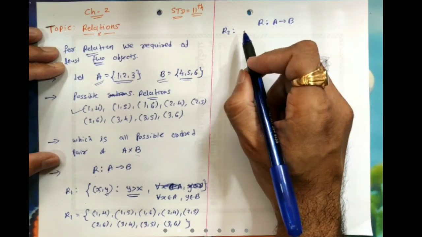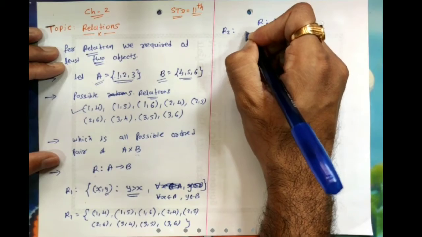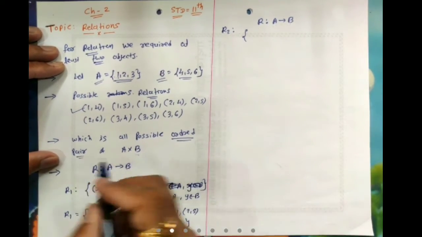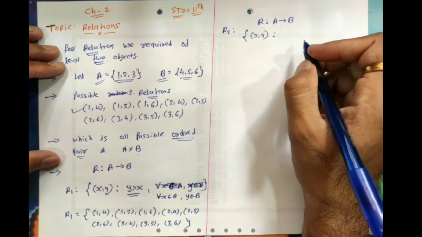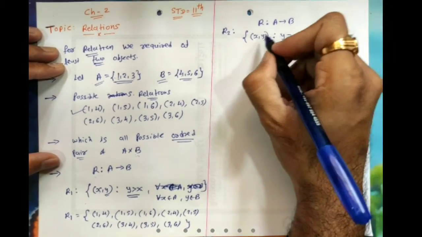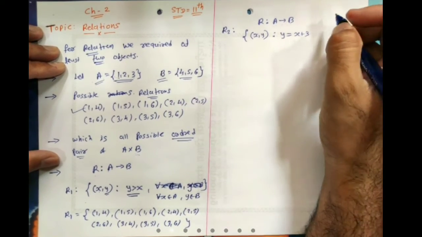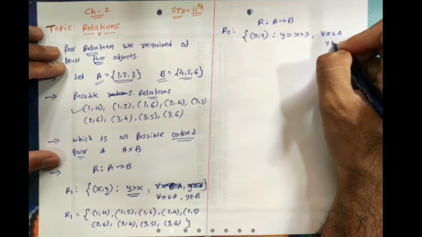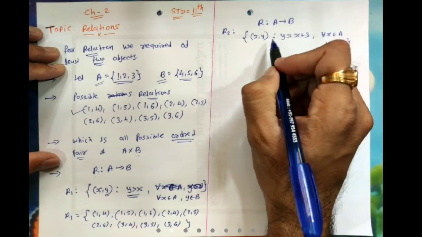Which relation? So now again I am describing one more relation between set A and set B. So the description of the relation is, suppose, what is a relation? It is nothing but a set of ordered pairs. So which ordered pair? It's the ordered pair (X, Y), where now the new description of that relation is, suppose I am taking the second element in this ordered pair to be greater than the first element by 3, where the condition is you have to take the first element from set A and the second element, which is Y, from set B.